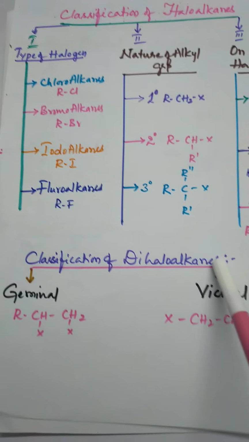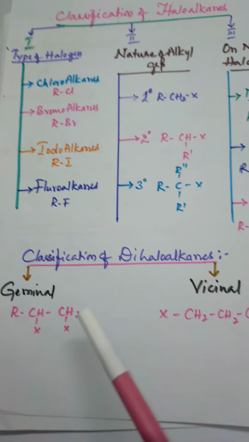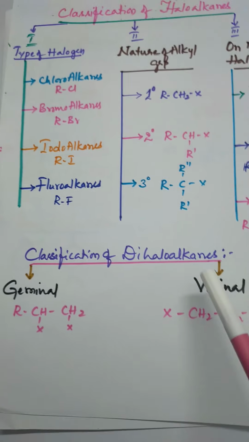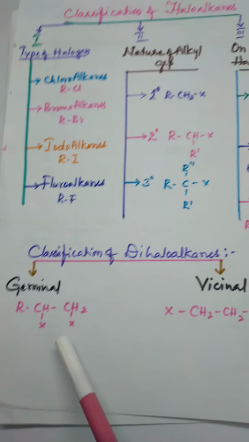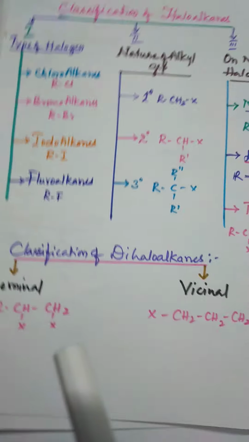In the classification of dihaloalkanes, there are geminal haloalkanes and vicinal haloalkanes. In the examination you may be asked: what are geminal halides and what are vicinal halides? Here the classification is there. Observe this one, how the halogen atoms are attached to the